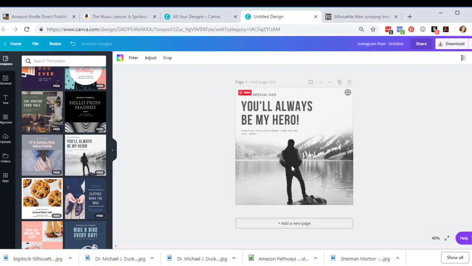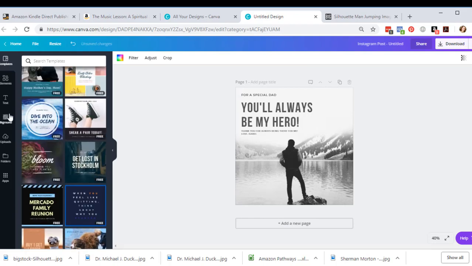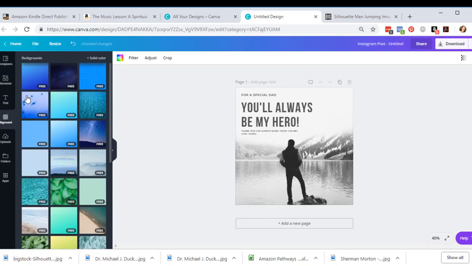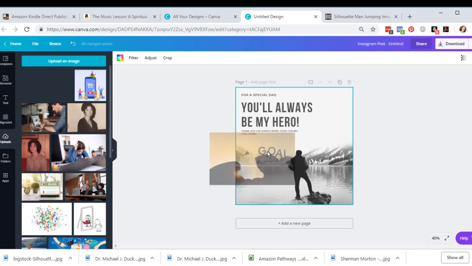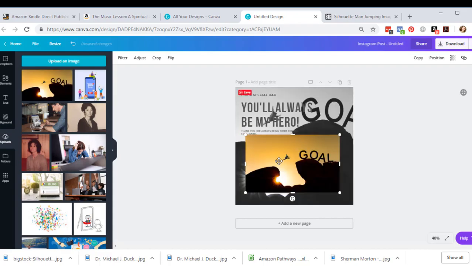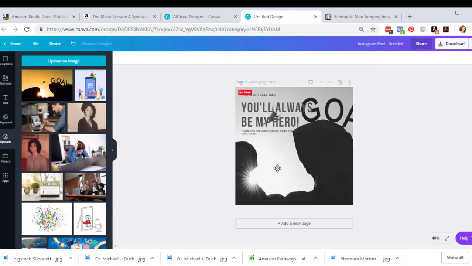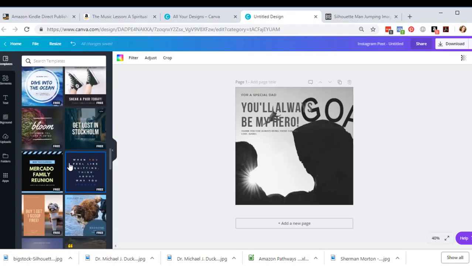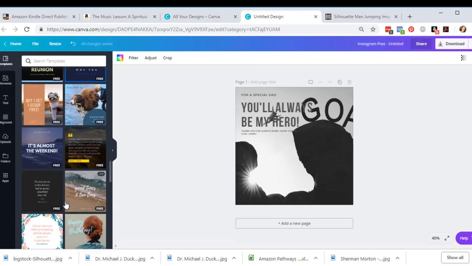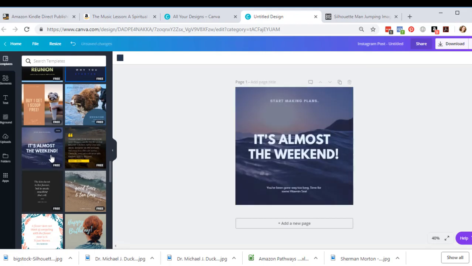So if you wanted to use something that they already had, you could come back over to the uploads and drag that in. Dragged it twice. Okay, so you'll see they imported it in and made it fit within that box, but I don't really want to do that. So I'm going to change and use a different template because that image isn't going to work exactly the way I want it to. We could try that one,